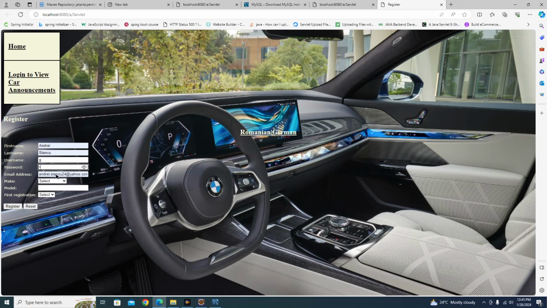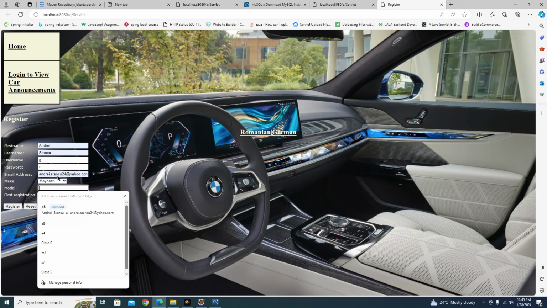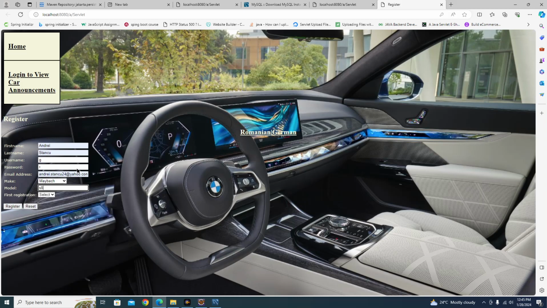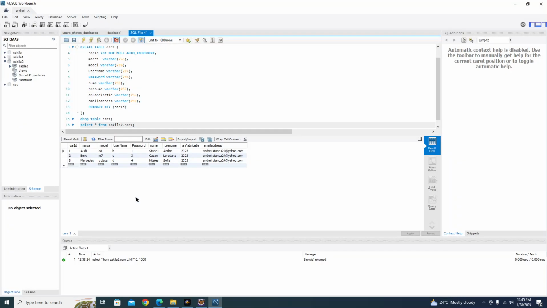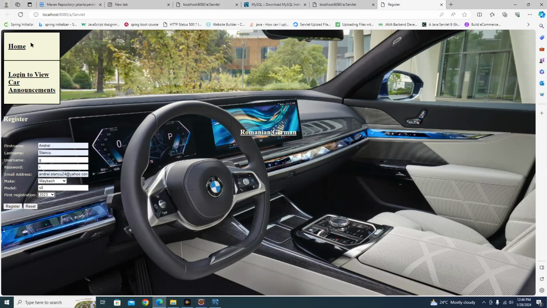Here you have to input the email address, and there's this one. Here it doesn't matter. And so basically now the database only has three IDs, and now when I click on register, the fourth one should be populated. So I will just click on the register, and